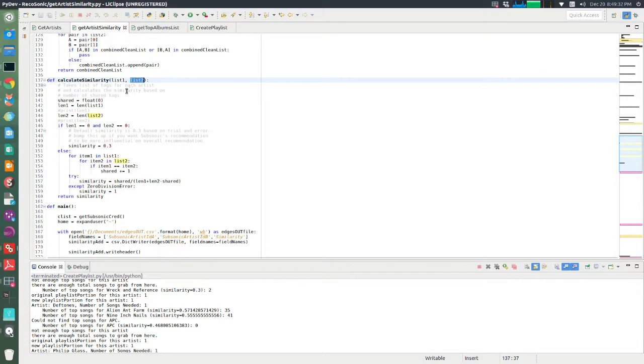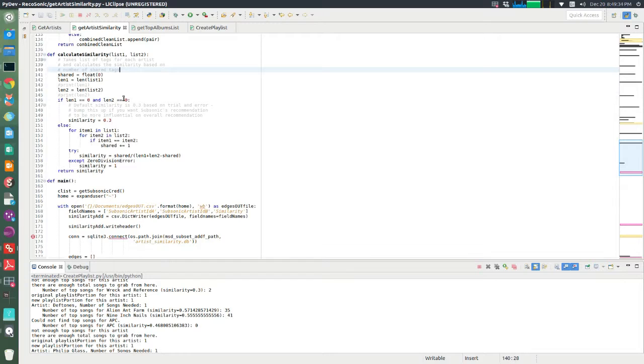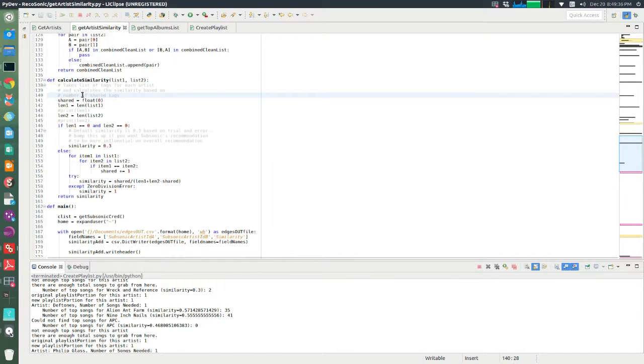So we actually count how many shared tags they have and figure out how many total unique tags there are. And if this list is empty, if either of them is empty, and you see that here,